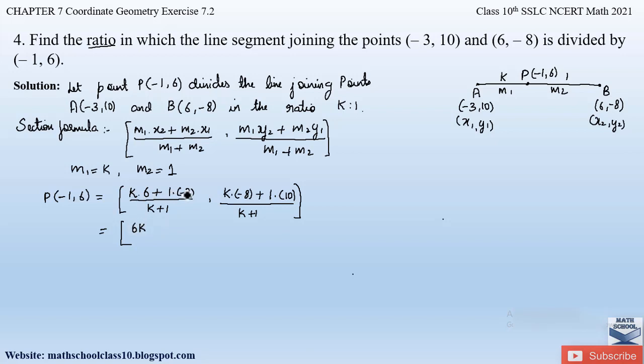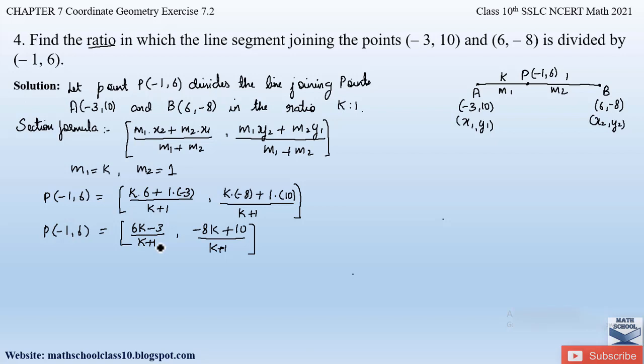Here plus 1 into -3 is -3 divided by k plus 1. Again, k into -8 is -8k, plus 10 into 1 is 10, divided by k plus 1. So this is the coordinates of the point P which is given. Now since we already know the coordinates of point P, let us equate the x coordinate part with the x